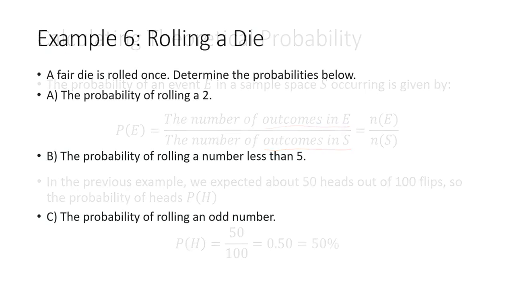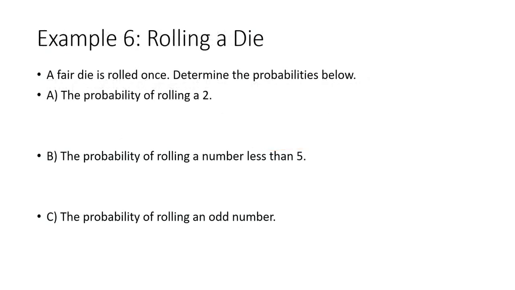So let's say we roll a fair die, and we want to determine the probabilities. The probability of rolling a 2. Well, our sample space for a fair die, we're just going to write that up here: 1, 2, 3, 4, 5, and 6. The probability of rolling a 2, well, there's only one 2, so there's one outcome out of a total of 6 in the sample space. So the probability would be 1/6, or we can convert this to a decimal and then to a percent, 0.1667, or about